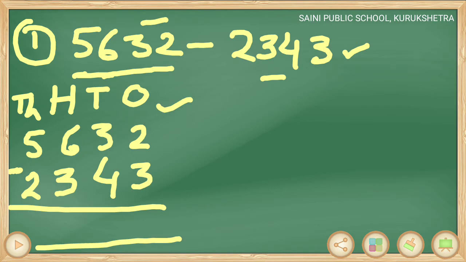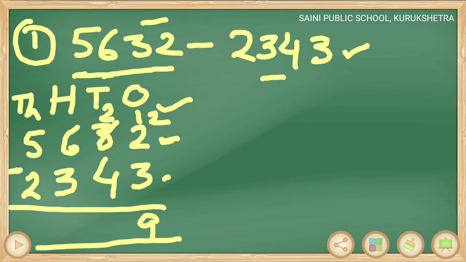So first of all, 2 minus 3 at 1's place, but this is not possible. 3 is greater than 2. We can't subtract 3 from 2. We will take borrow from 10's place, and this place will increase by 10 and this place will decrease by 1. Now here I will write 12. Now at 1's place, 12 minus 3, here I will get 9. Now 1's place is complete.